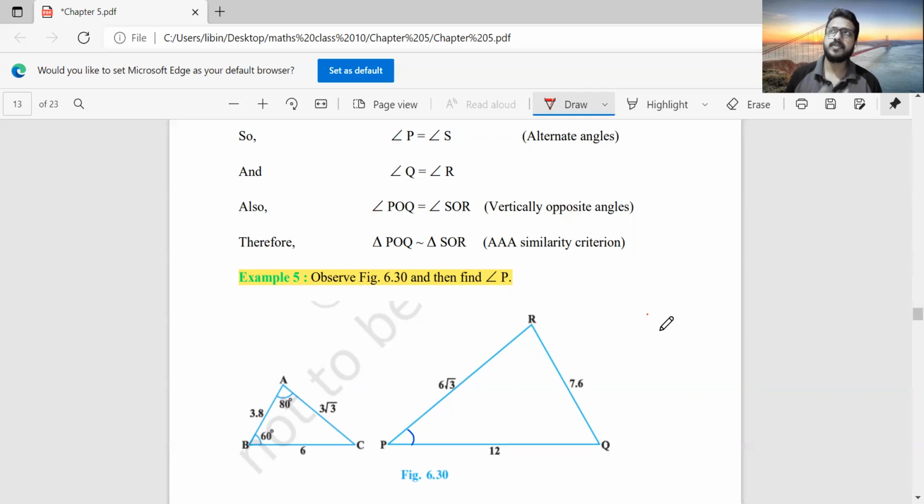Okay, so let us see. First of all, let me ask you: can we use the A criterion here? What do you think? Can we use the A criterion for the similarity of these two triangles? No. Why? Because in our triangle PQR there is no angle given. So how can we check whether the angles are equal? No. Now let us see if we can use